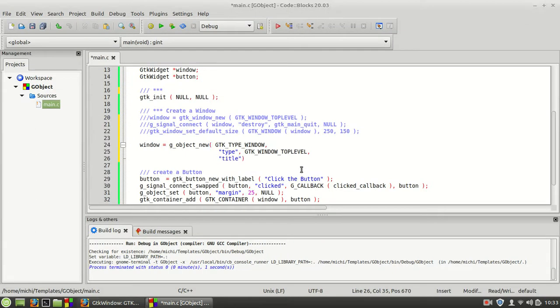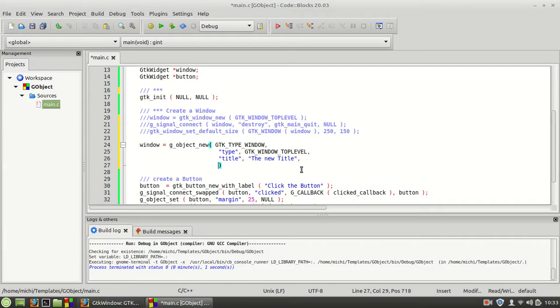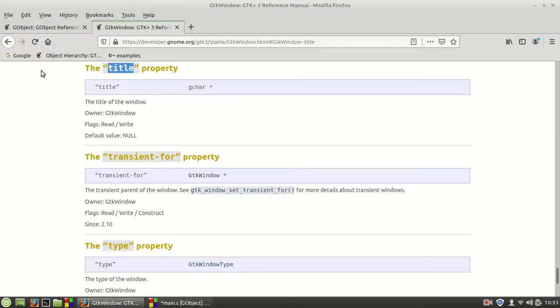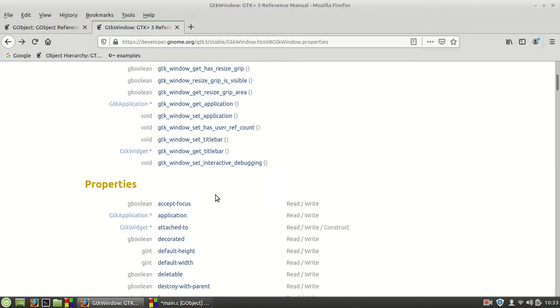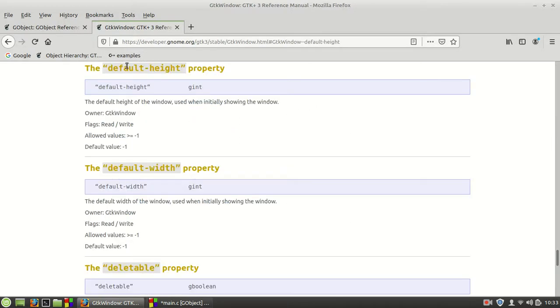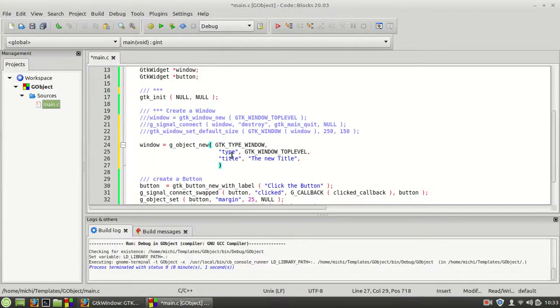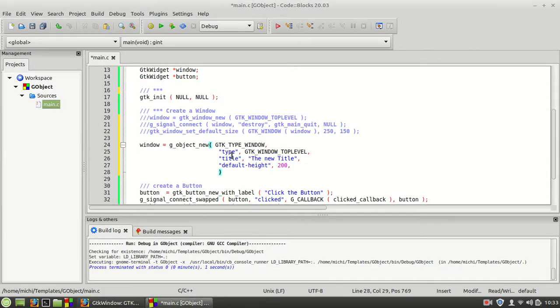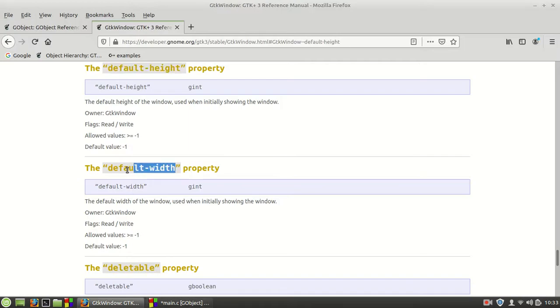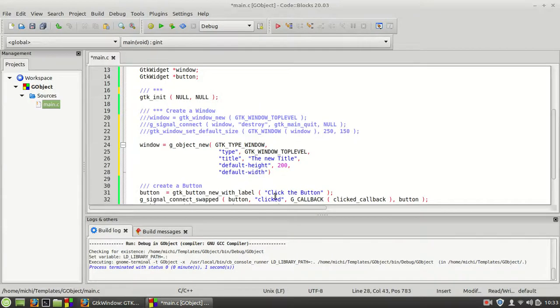So the next one will be the title, and I'm going to call it the new title this time. What do we need? We can set, of course, its default height and width right here. The next thing is the default height, which would be 200 pixels, and of course we need a default width. We are going to set it also to 200 pixels,